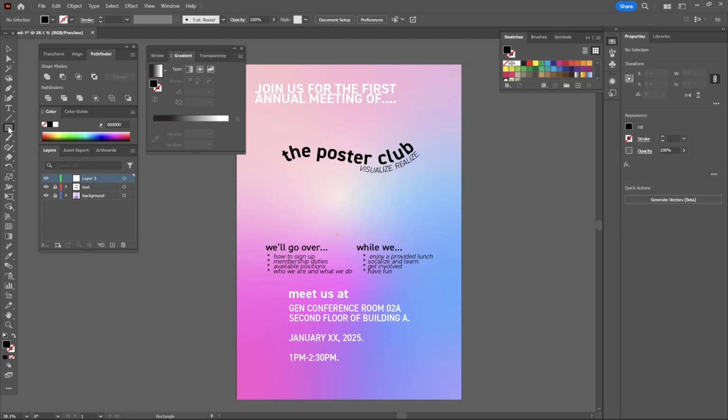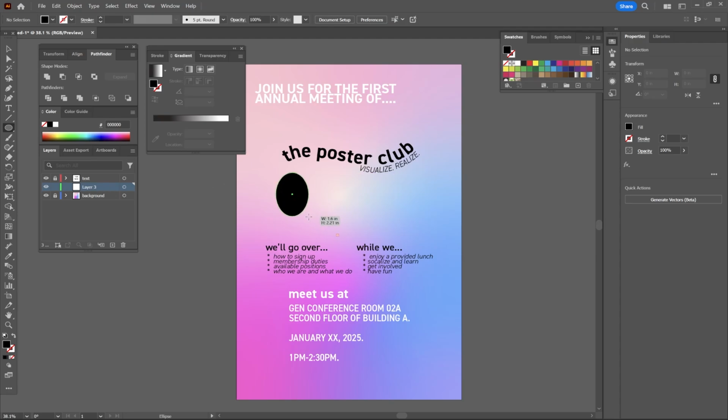The first thing I'm going to do is go over here into the left bar and select the shape tool. Instead of the rectangle tool, I want to use the circle tool. So I'm just going to hit L on my keyboard and it automatically switches to the circle. I'm going to make sure I am working in a different layer. I have my background and text layer separated. I'm just going to move my new layer below my text layer. That way it is not overlapping my text.